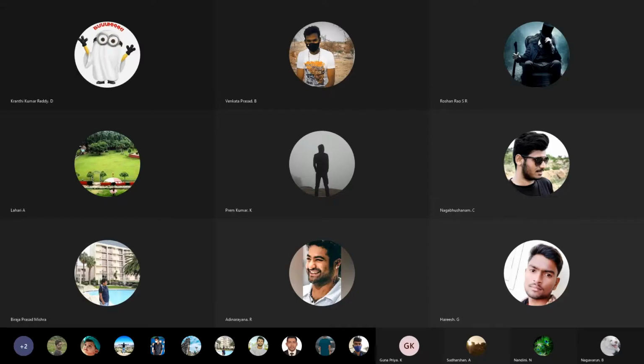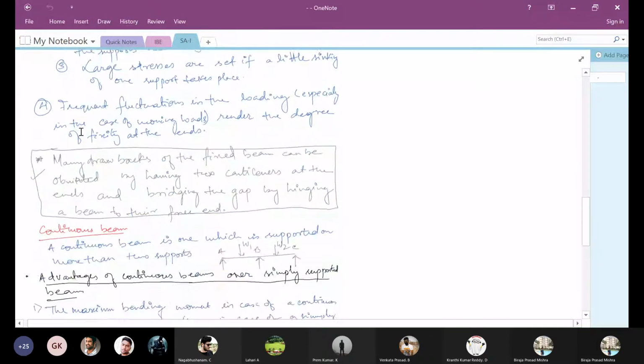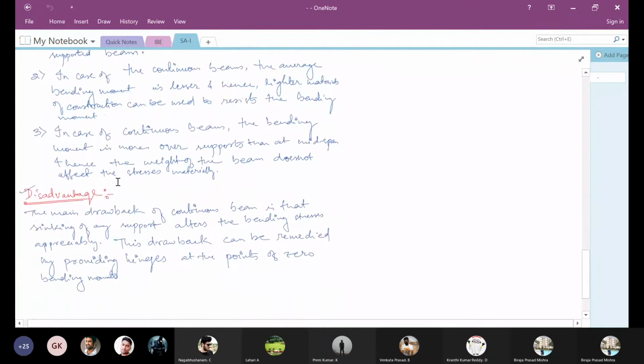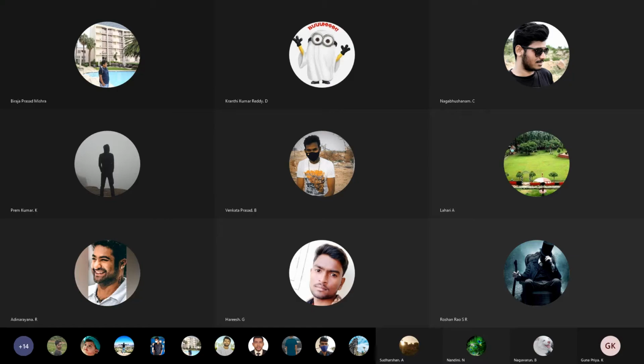Advantages of fixed beam over simply supported beams for the same span and loading condition, followed by the disadvantages. And then we learnt about the continuous beams, their advantages and disadvantages. Okay, right. So now we will learn about the analysis